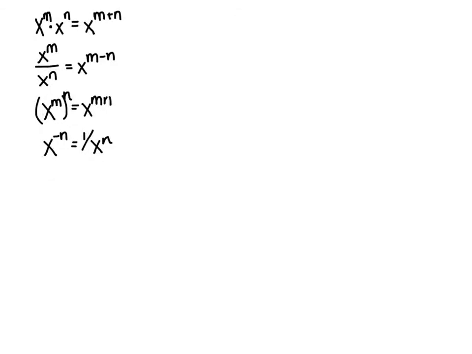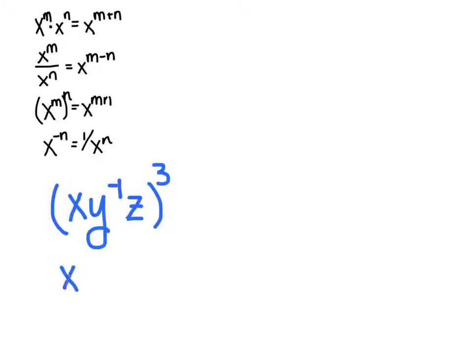This video reviews all the algebra you'll need to know from Chapter P. Chapter P started out with exponential functions, and a typical problem on the final might be xy to the negative 1 z cubed, in which case you might consider cubing everything first. So that would be x cubed y to the negative 3 z cubed, but then taking the exponent that's negative